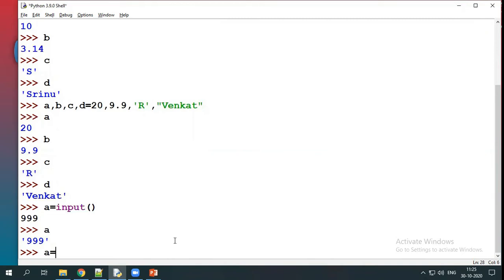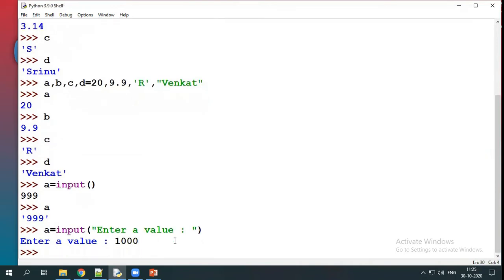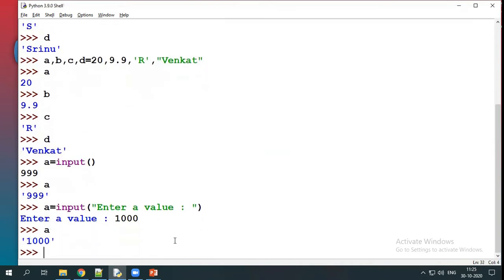For example, a is equal to input, here within double quotation, enter a value. It will ask enter a value. Now if I print a, the value is 1000. Here actually, a is equal to input, I gave 999, but it reads this 999 value as a string.